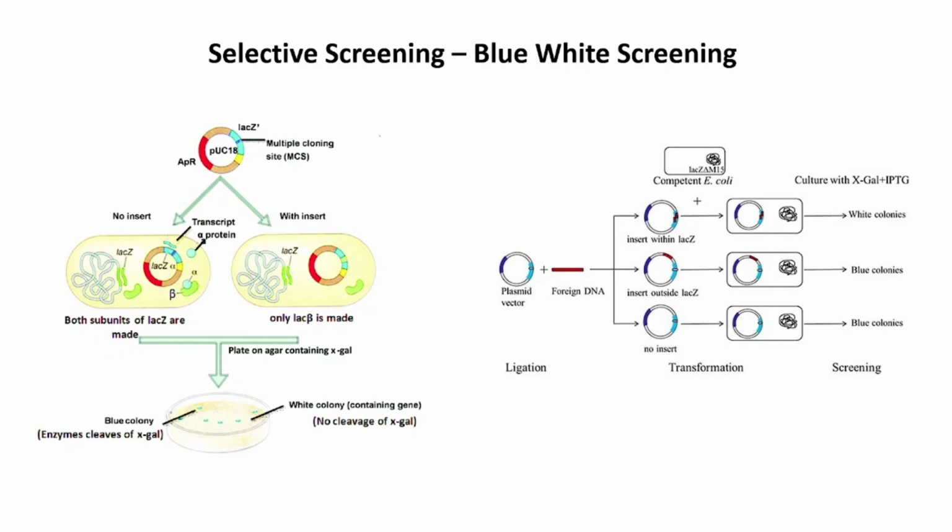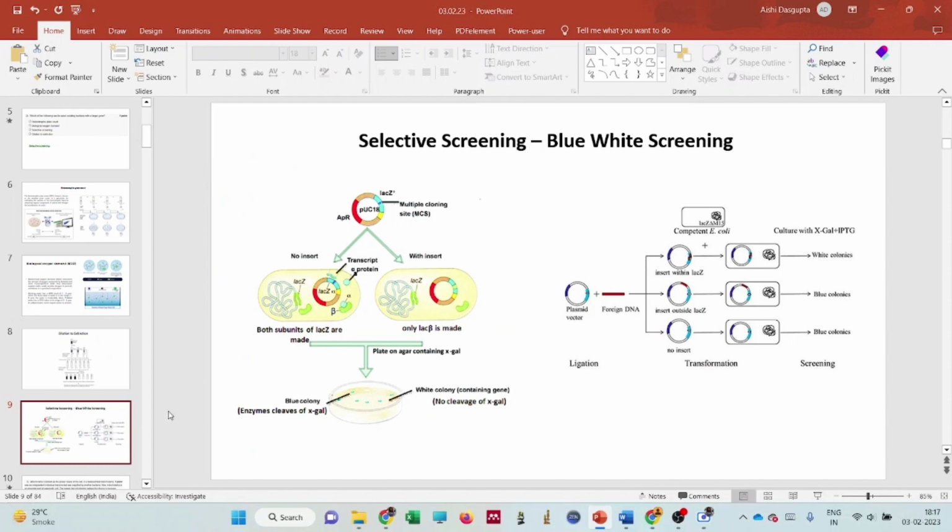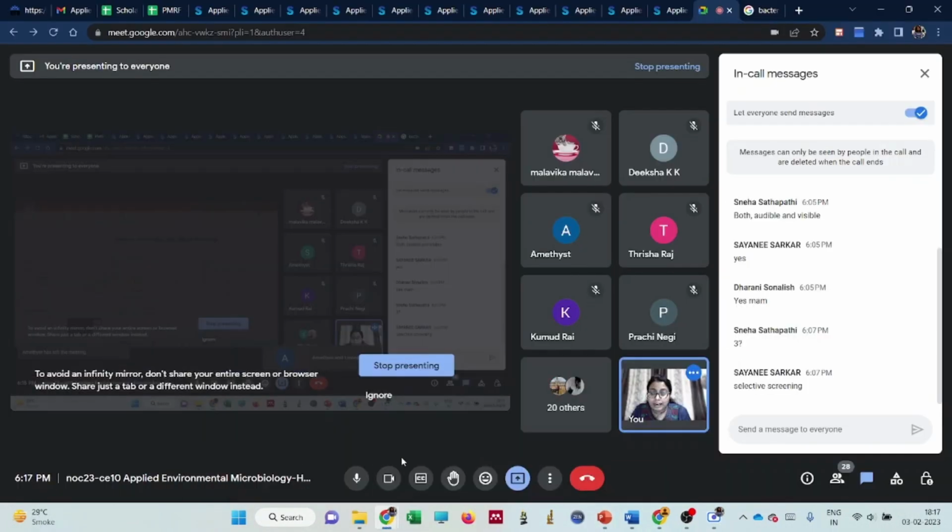Suppose a bacteria has the kanamycin resistance gene in the plasmid, and we want to isolate that particular bacteria. When we are pouring agar, we'll add kanamycin, maybe at a working concentration of 50 microgram per ml, into the agar plate, and then we'll spread or streak the bacteria, whatever you're doing. The cells which do not have the kanamycin resistance gene will die out, obviously, and we'll be selectively screening for the cells that have the kanamycin resistance gene. So that is also a very simple form of selective screening. Also, if we are talking about a particular protein that has been genetically engineered